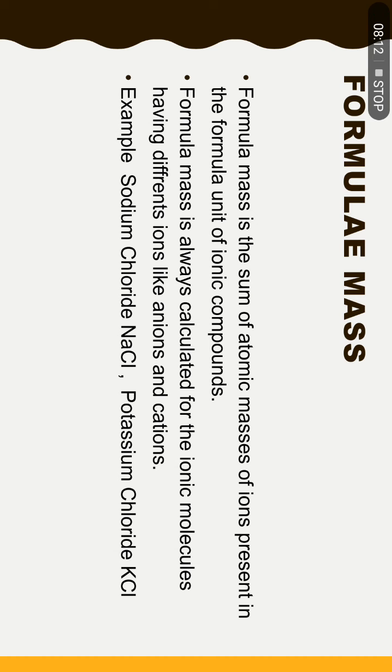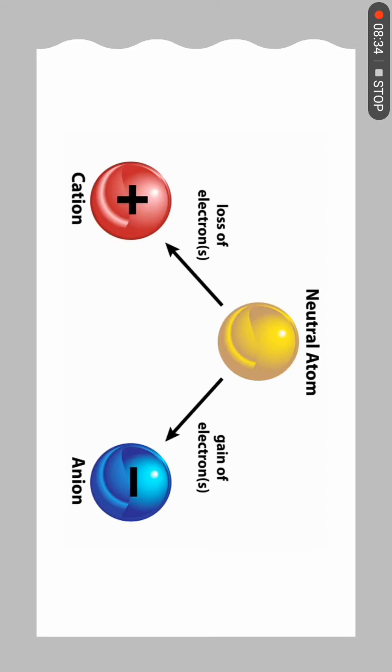An example is given, sodium chloride. Sodium chloride is an ionic compound. If we dissolve sodium chloride in an aqueous solution, the sodium will have a positive charge while the chlorine will have a negative charge. It means that they will convert themselves into specific ions. Potassium chloride is also an example of an ionic compound. Now there is a neutral atom. Let's take an example and let me clarify what ions are.